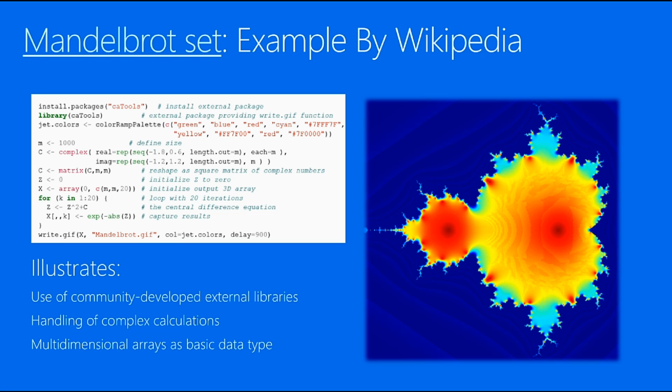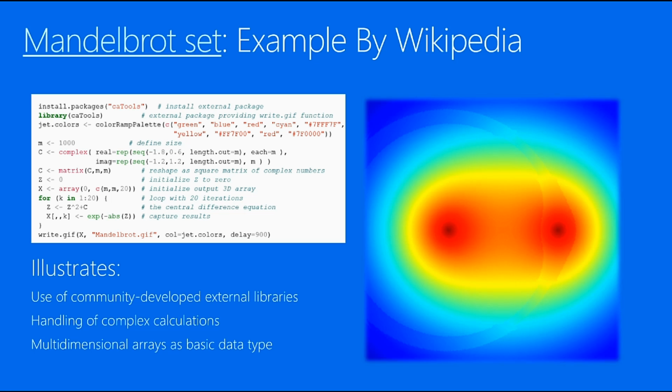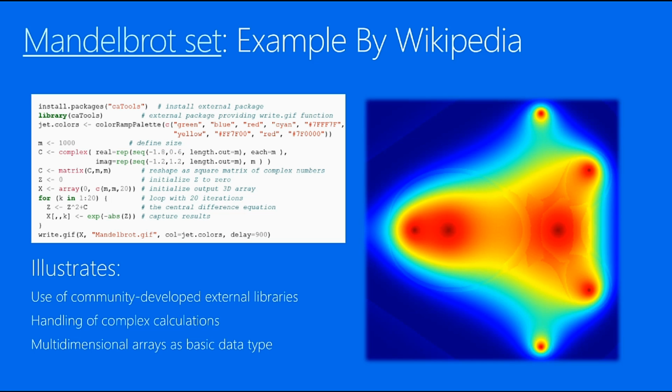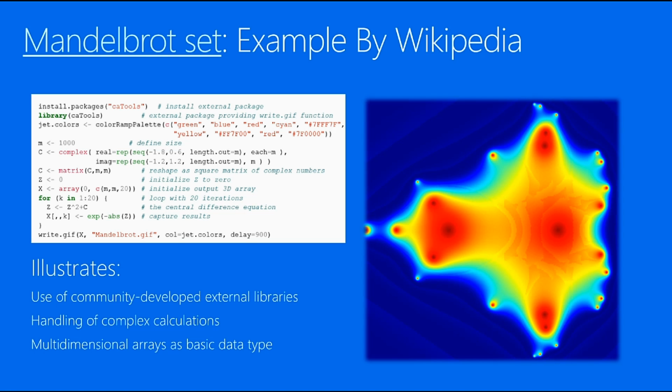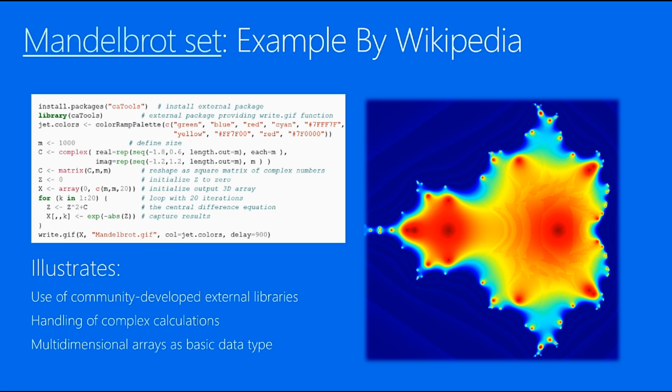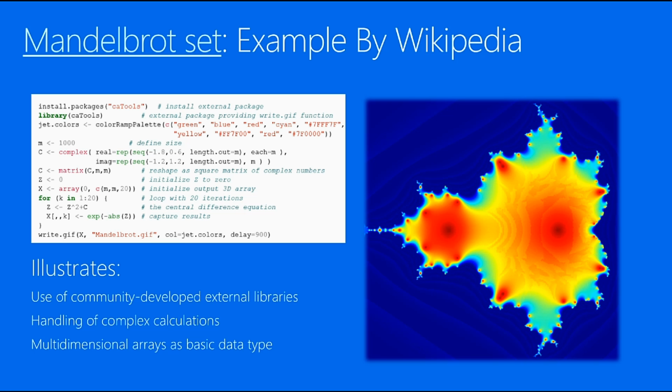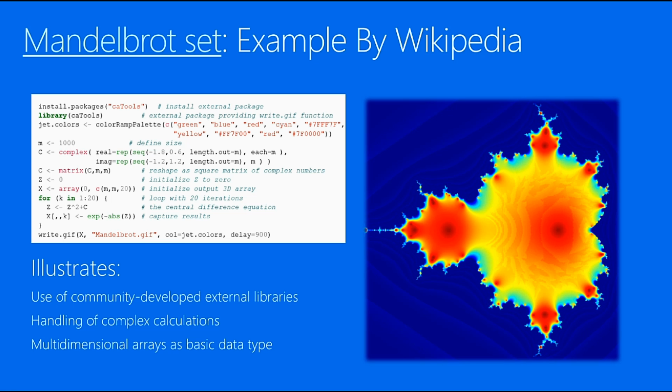It basically defines bounded regions and these beautiful shapes that you see here, but it defines it by mathematical formulas of complex numbers. And this example is actually used by Wikipedia to illustrate the power of R. And the reason is that you can see that in these few lines of code in this screen, you have